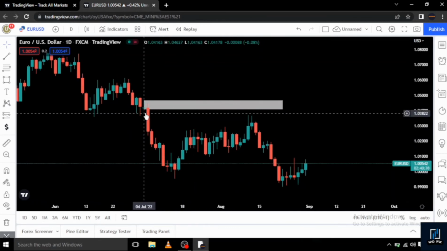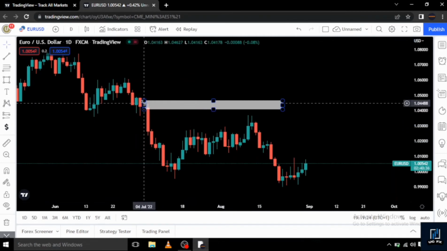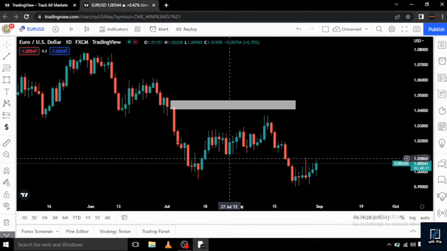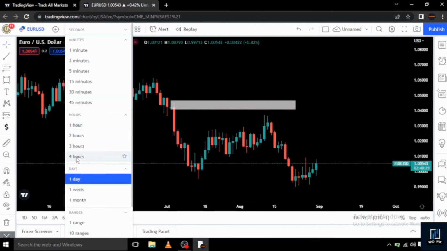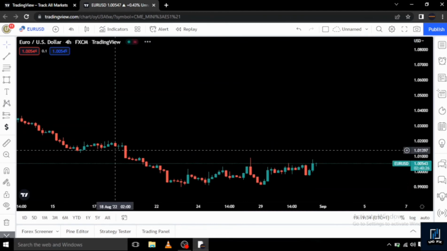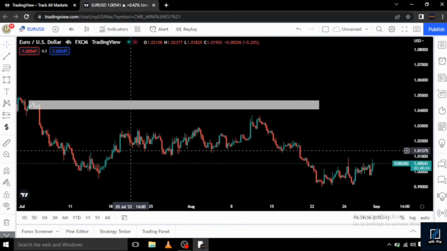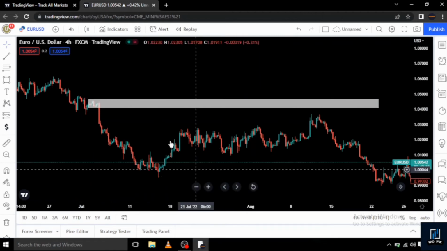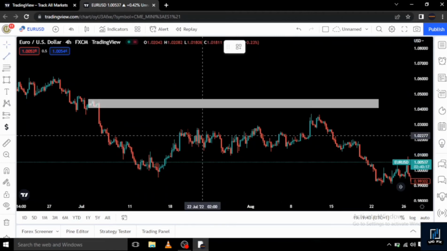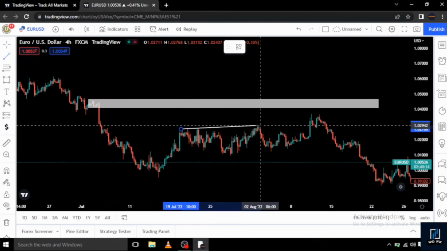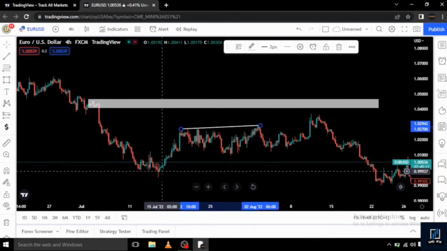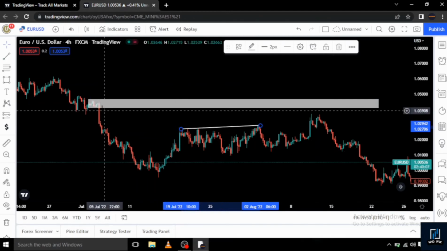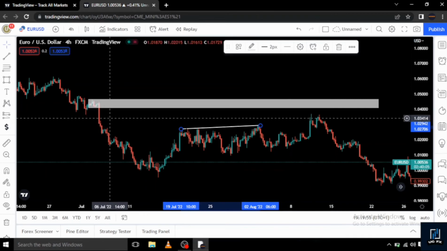Before price came back to this order block, just like I normally say, you need to spot liquidity. Let's go down to the H4 time frame. On the H4 time frame, after price took out those lows, we had this liquidity in form of equal highs. The smart money, the big institutions, need to go back to mitigate this order block or tap into this inefficiency before moving